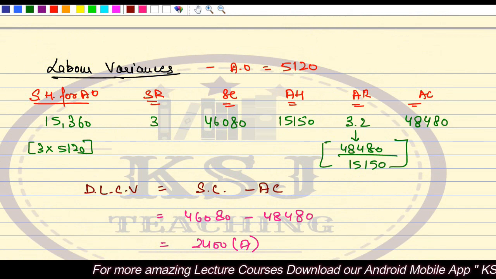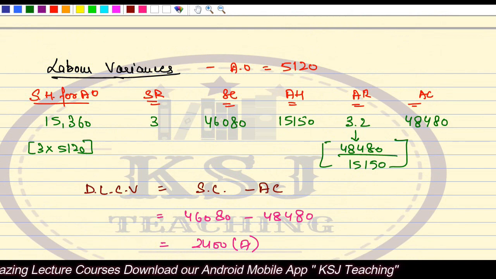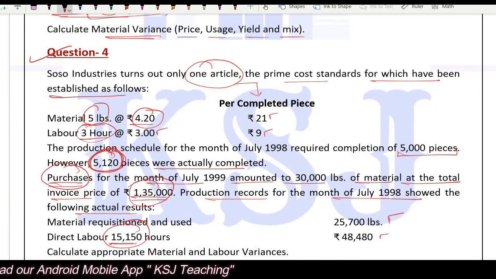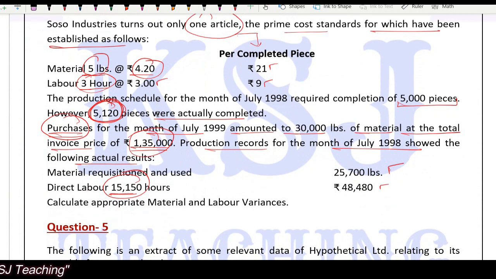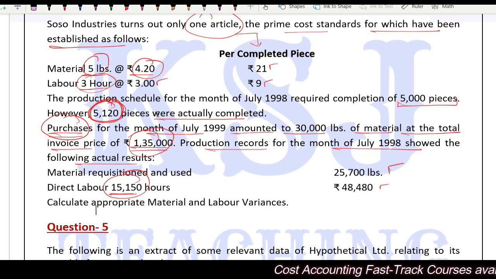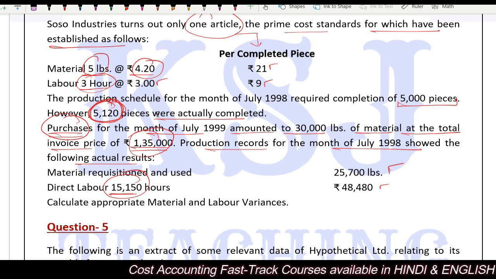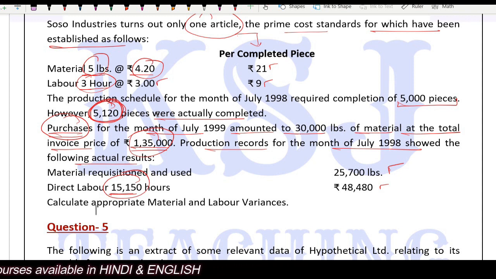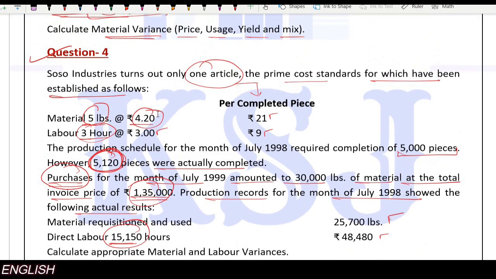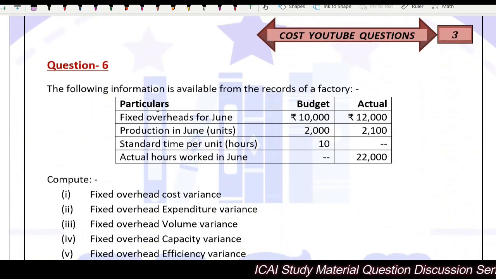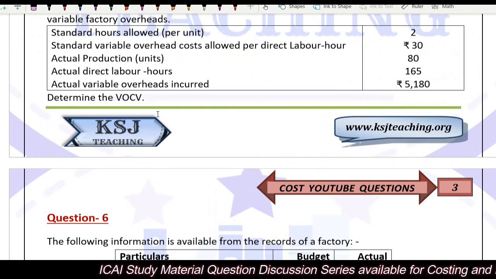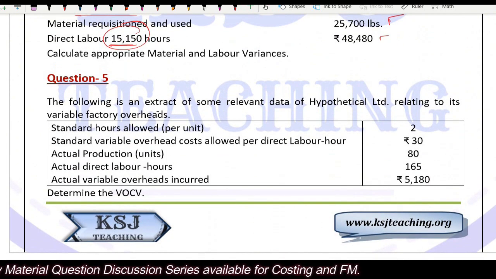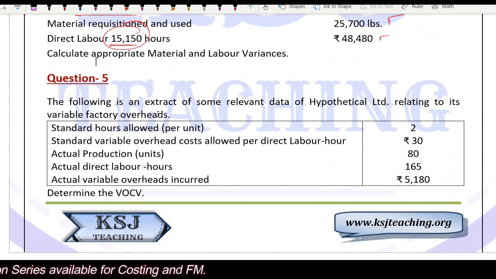Now this kind of a question can be asked in the examination. There is no doubt about it, right? It is not necessary that every time you will get a question where you will need to calculate the yield and the mix variance. These kind of questions can definitely be asked in the examination, that this data is given, then you are asked to calculate the appropriate material and labor variances, right? But in this case, I think this question will come for 5 marks, and not for 10 marks. Okay. 5 marks, 6 marks or 8 marks at most. 6 marks can be there, right? Because 3 for material and 3 for labor, 6 marks question definitely can be there.